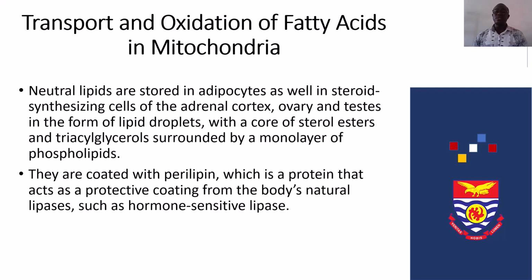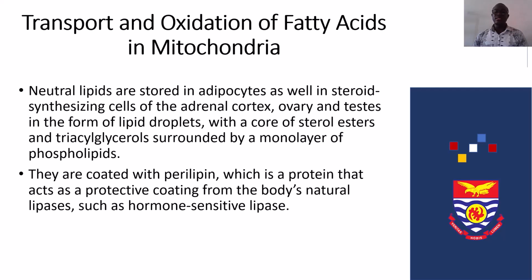Neutral lipids are stored in adipocytes as well as in steroid synthesizing cells of the adrenal cortex, ovary, and testes in the form of lipid droplets, with a core of sterol esters and triacylglycerols surrounded by a monolayer of phospholipids. They are coated with perilipin, which is a protein that acts as a protective coating from the body's natural lipases,